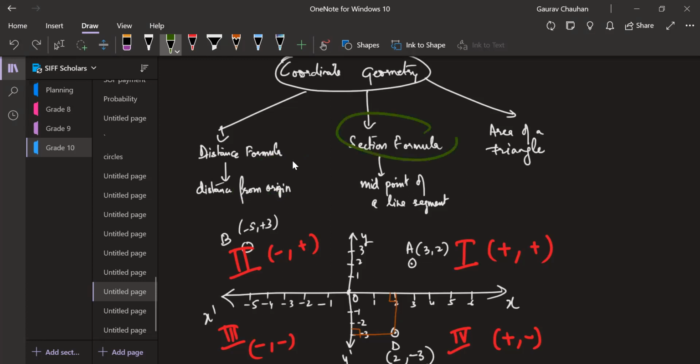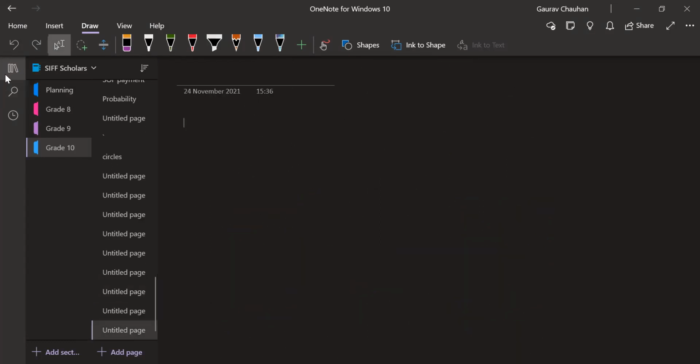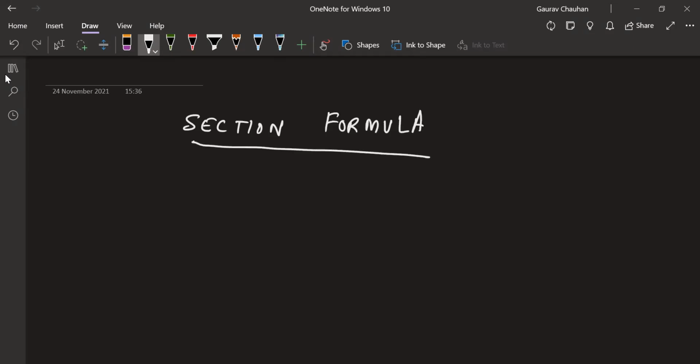Now, section formula is our next topic. And from there you also get the midpoint of a line segment in a minute. So section formula, can you put this new heading, preferably on a fresh page? Section formula. We are not going to learn the derivation of this formula, because it's not going to be asked. Though it's there in the textbook, we're going to understand clearly what this formula means. So for that I need your attention on the board in 5, 4, 3, 2, and 1.